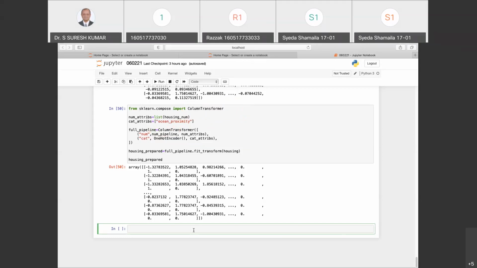So once again, I need to import this transformer mixin, which is part of sklearn.base. From sklearn.base, I import BaseEstimator and TransformerMixin, and I'll create a class to select the numerical or categorical columns.